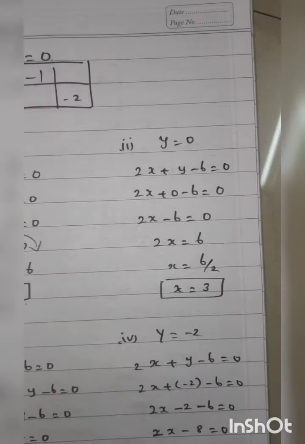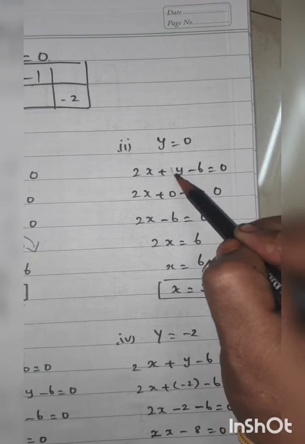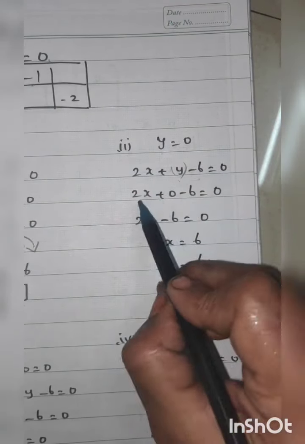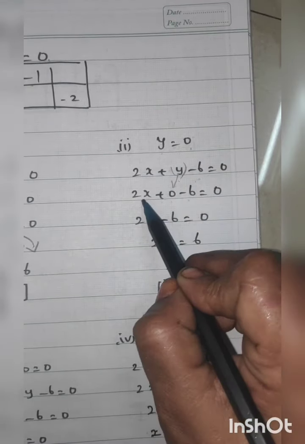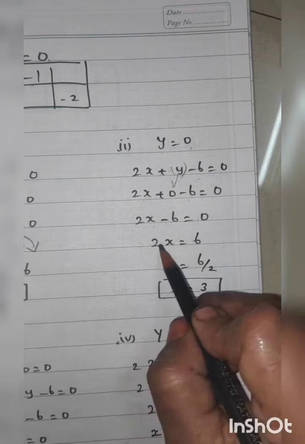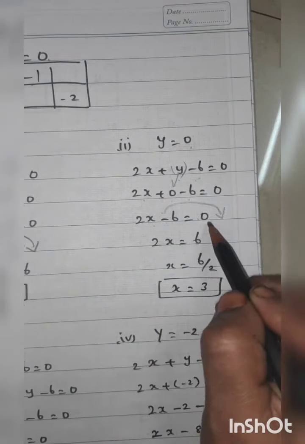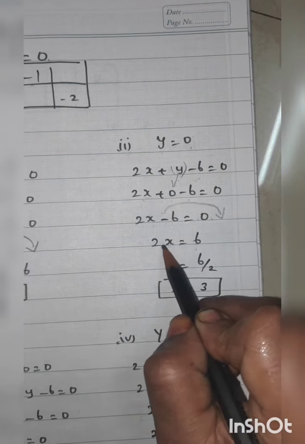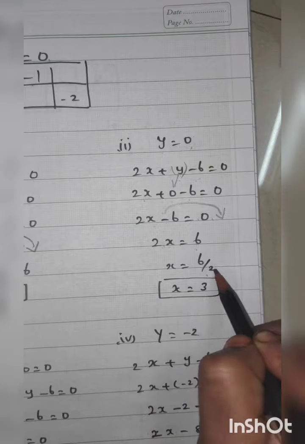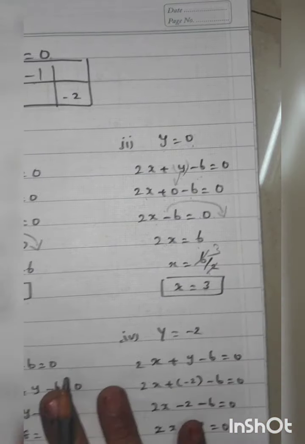Next question, y equal to 0. You want to substitute that value, y equal to 0. Write the equation, 2x plus 0 y, what is the answer? 0 minus 6. 2x minus 6 equal to 0. 2x equal to 6. Minus 6, right side change into the plus symbol. 0 plus 6 equal to 6. Now 2x meaning is 2 into x, change into the divide. 6 divided by 2. X equal to 3, since 2 threes are 6. X value equal to 3.